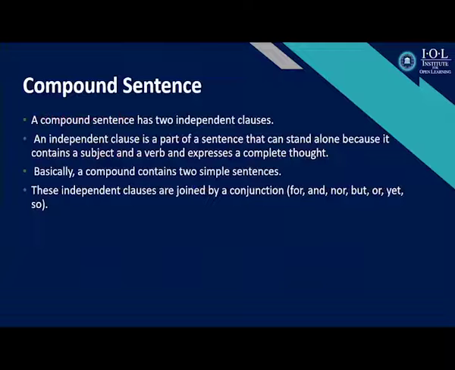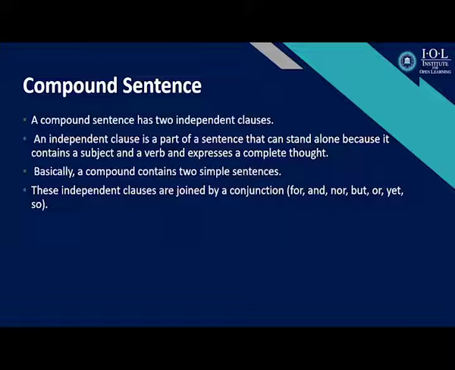Then we have a compound sentence, which has two independent clauses. An independent clause is part of a sentence that can stand alone because it contains a subject and a verb and expresses a complete thought. Basically, a compound sentence contains two sentences. Now, these two sentences are joined by a conjunction. If you come across a sentence that has conjunctions such as for, and, nor, but, or, yet, and so, we